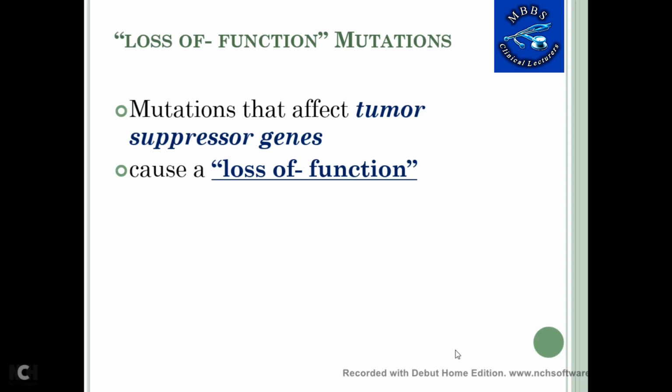Now there are loss of function mutations also, and the mutations that affect the tumor suppressor gene cause a lot of loss of function. Now, what are loss of function mutations? Loss of function means that there are certain kinds of genes which work as a brake in the sequence of the tumor, and those tumor suppressor gene mutations actually cause a stop in the cell cycle. They try to stop the cell cycle rather than promoting it,